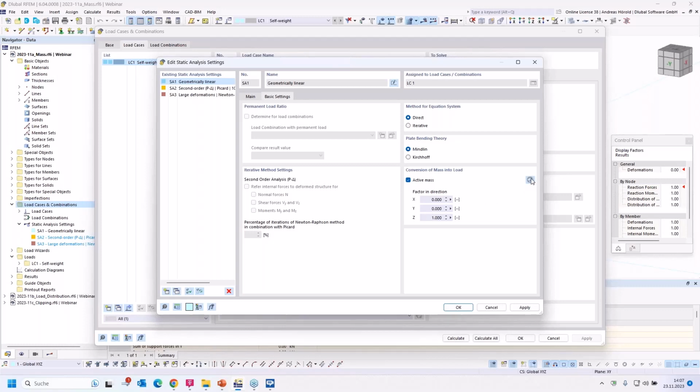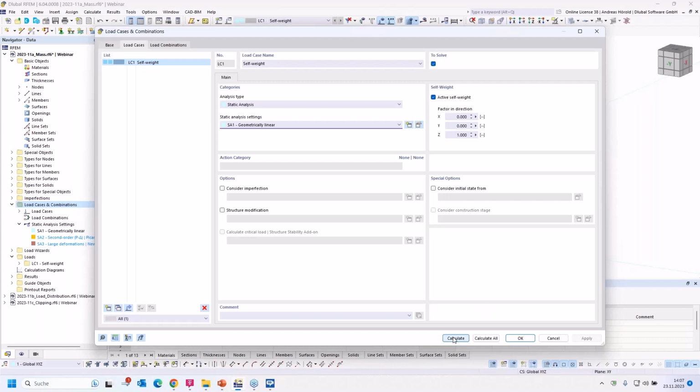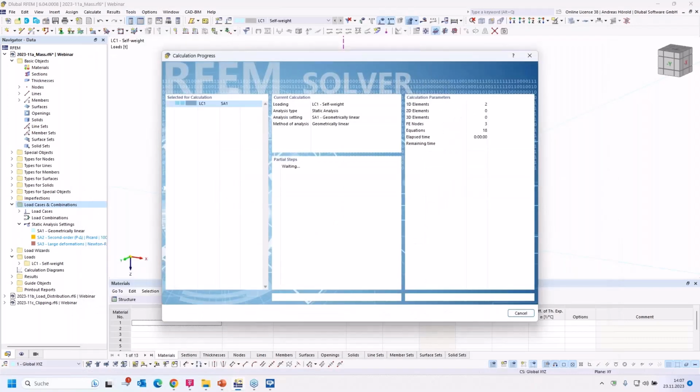You can also press this button to switch between the vector and the acceleration. Now you can see the acceleration of 10 meters per square second. The usual acceleration due to gravity is 9.81, and that value is rounded up by the program. Okay, now it's activated. I can click OK and calculate the self-weight load case.